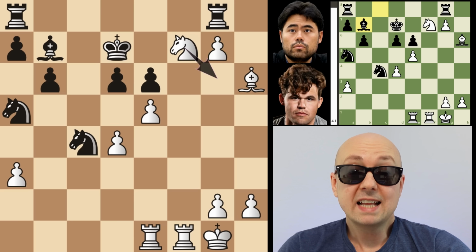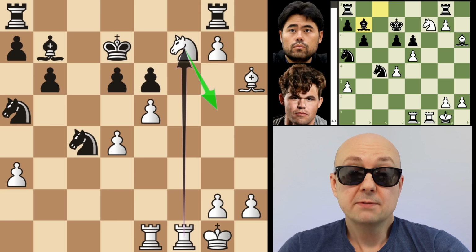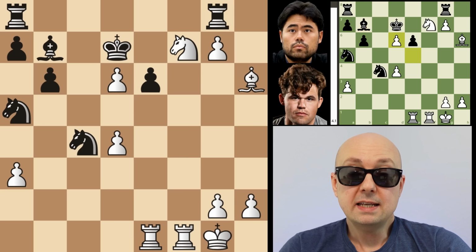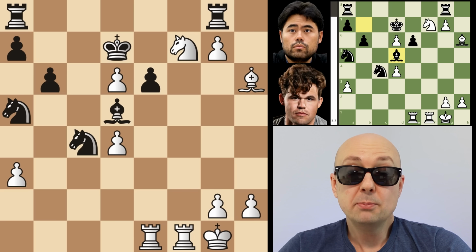Well, the engine wants knight to g5, clearing the way for rook to f7 or rook to f8, or maybe even knight to h7, looking to reroute to f6, attacking the rook on g8. Magnus plays e takes d6, which is also winning, but after Hikaru's bishop to d5, he now misses the mark,